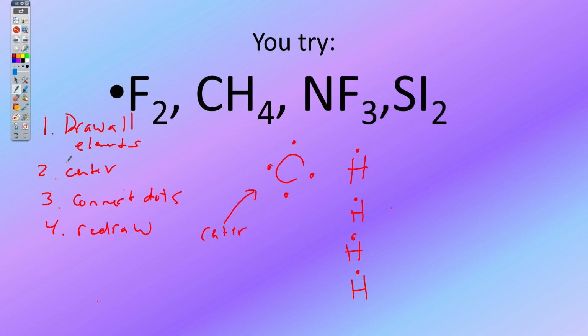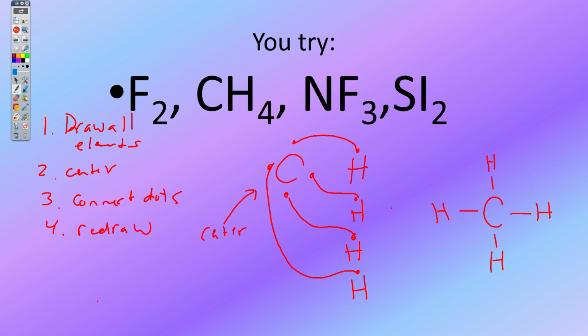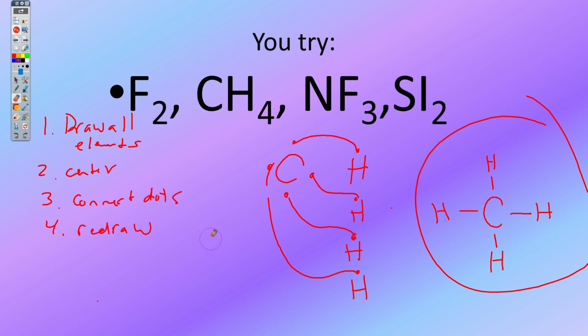So we're going to do step 3, connect the dots, all of them from our center one. So 1 to there, 1 to there, 1 to there, and 1 to here. Whoop. Now we're going to redraw to make it pretty. Carbon again is in the center, and it has 4 hydrogens around it. I'm going to connect those. There is your final molecule looking all pretty. If you did not get that, you should try to figure out what's going wrong. Let's try the next one,